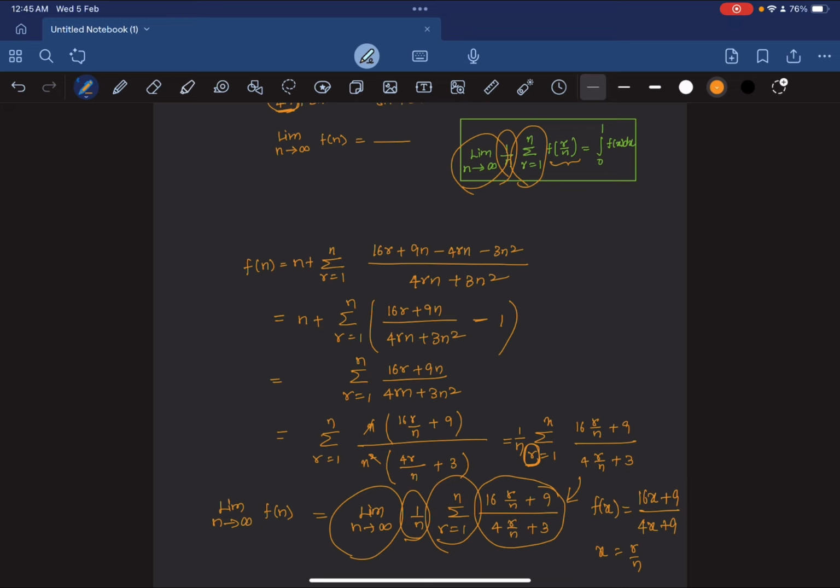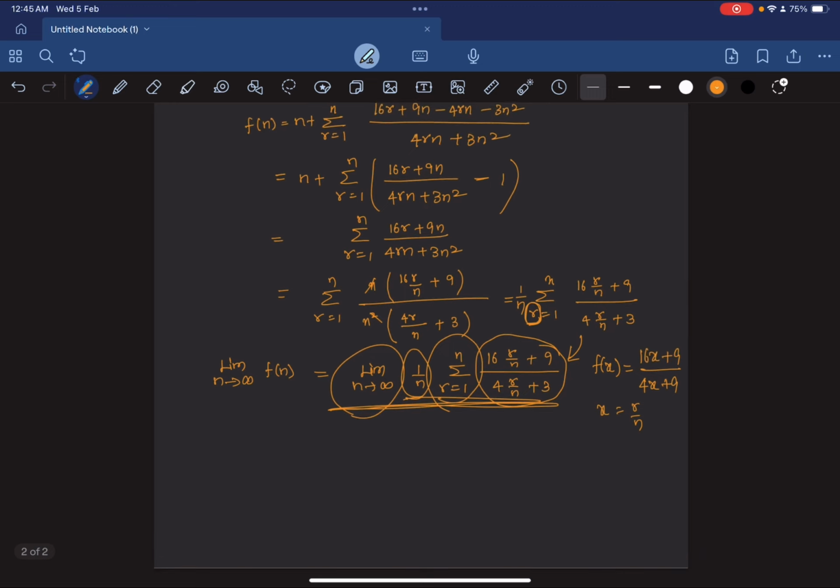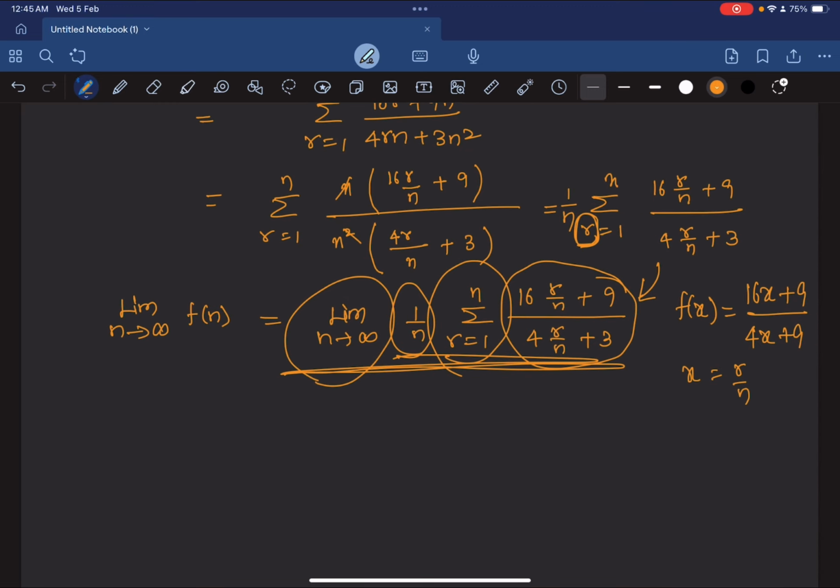So to evaluate this limit, you just have to evaluate this particular integral, 0 to 1 f(x) dx. So limit n tends to infinity f of n is equal to integral 0 to 1 f(x) dx. f(x) is (16x plus 9) by (4x plus 3)